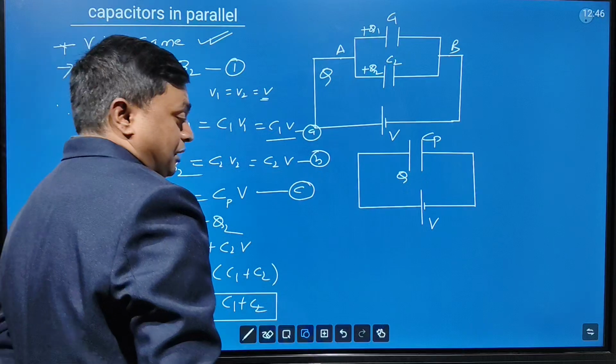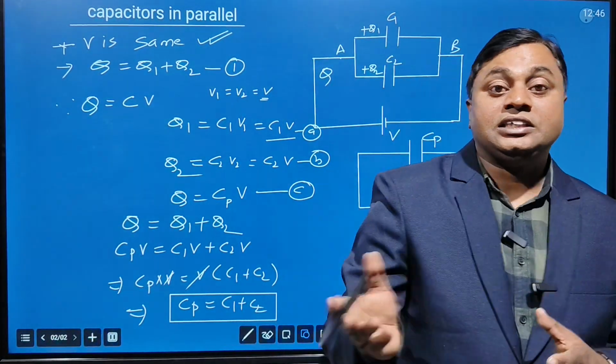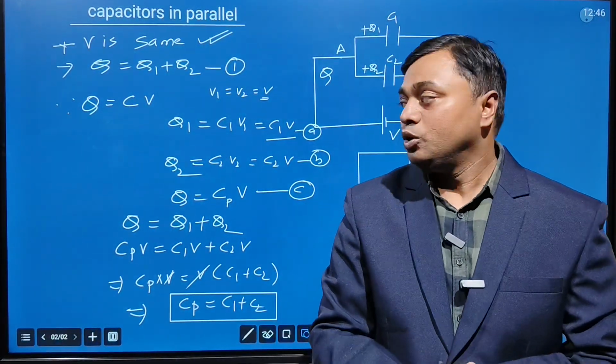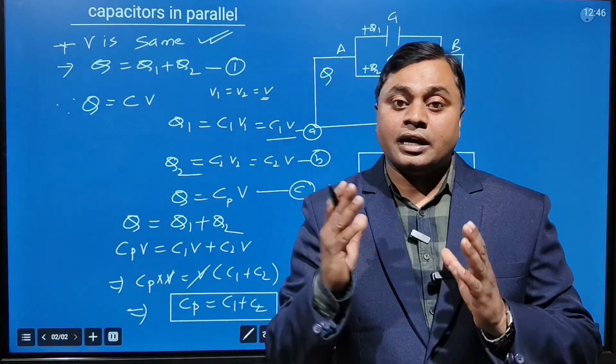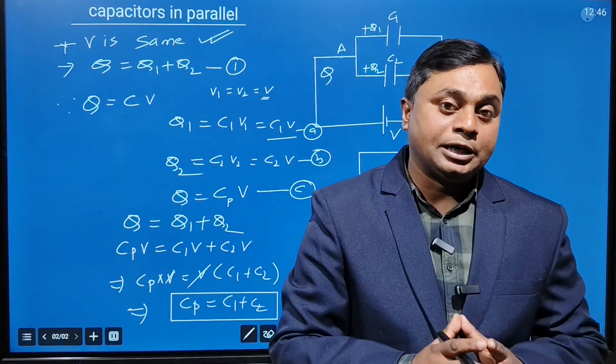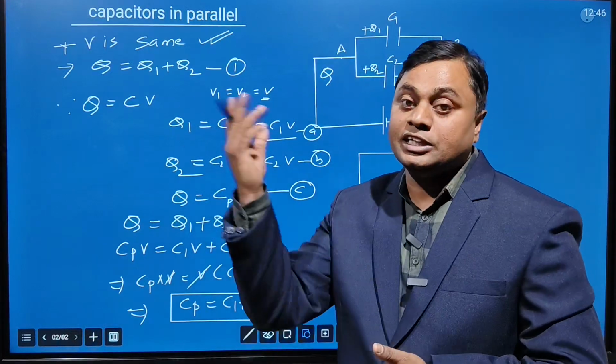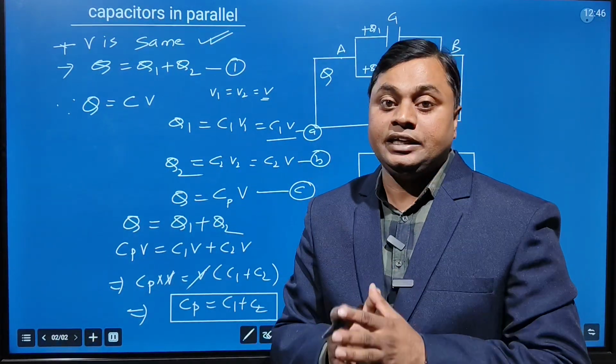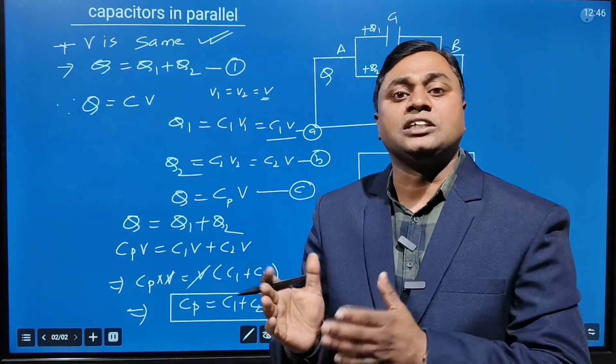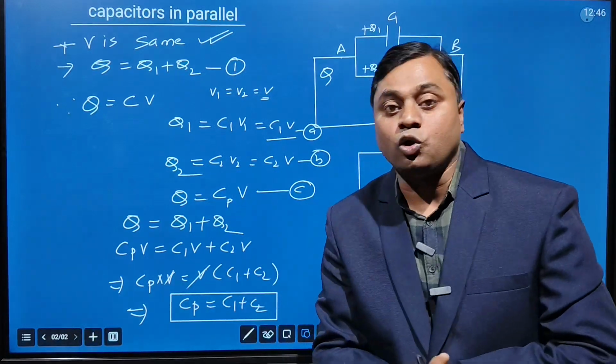So capacitors in parallel is similar to resistance in series. Whenever two capacitors are connected in parallel, Cp is equal to C1 plus C2. In series also, when two resistors are connected in series, Rs is equal to R1 plus R2. I hope you understood these concepts of